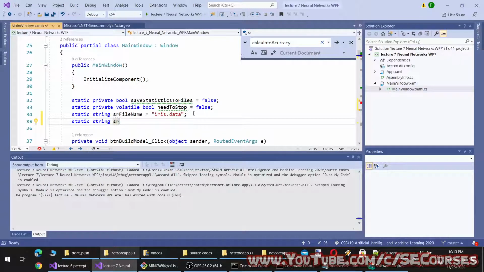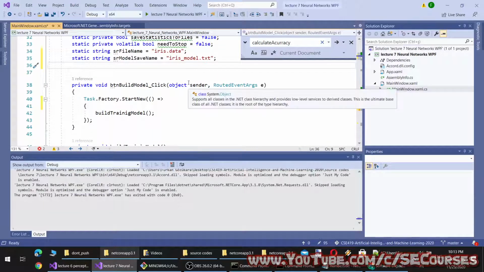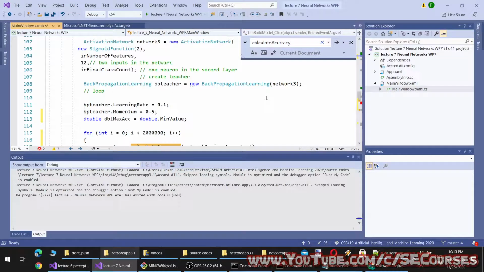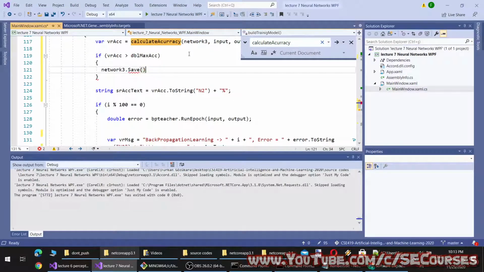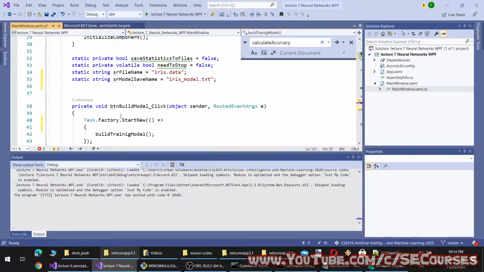String model save name equal to iris model dot text. I think it should work.